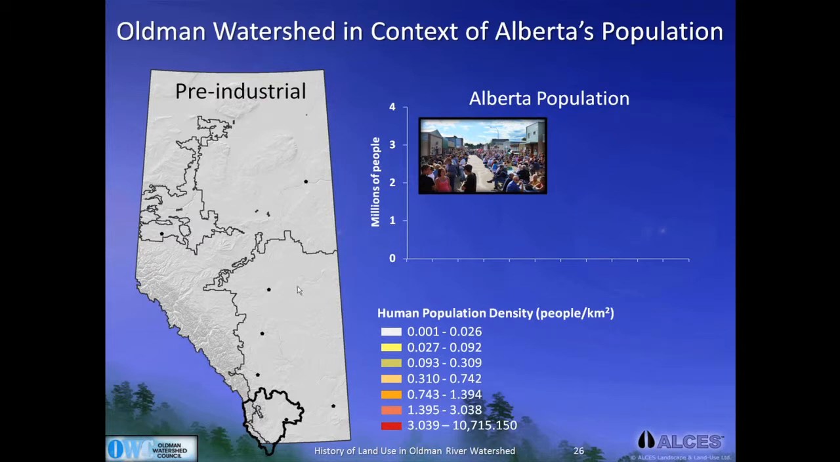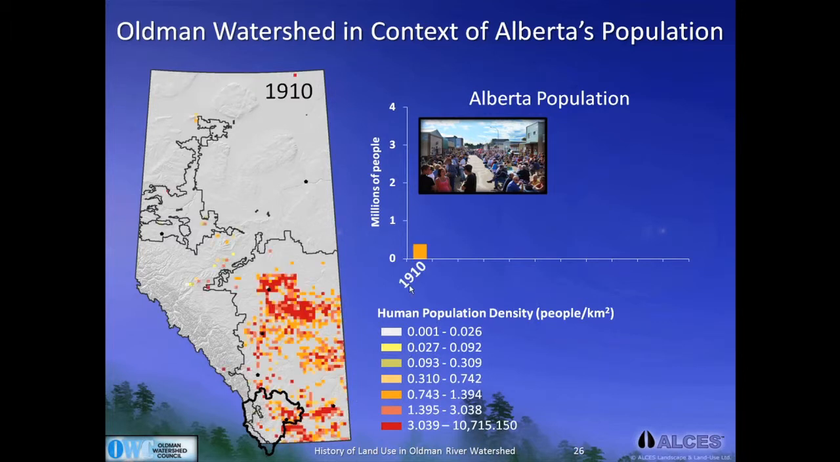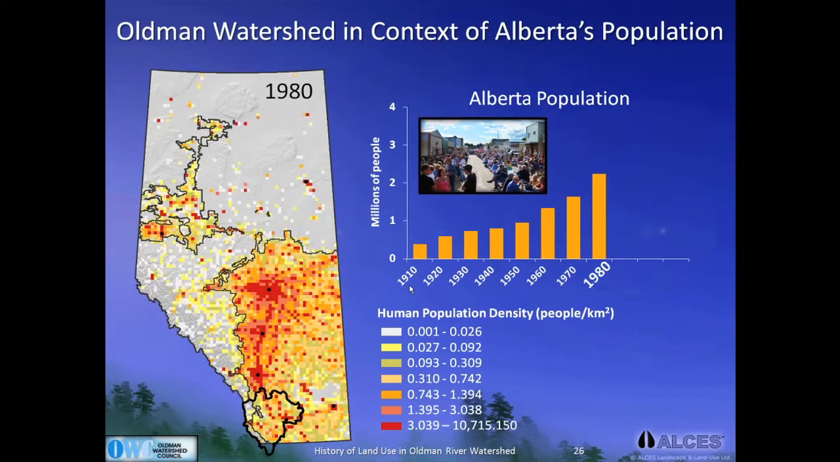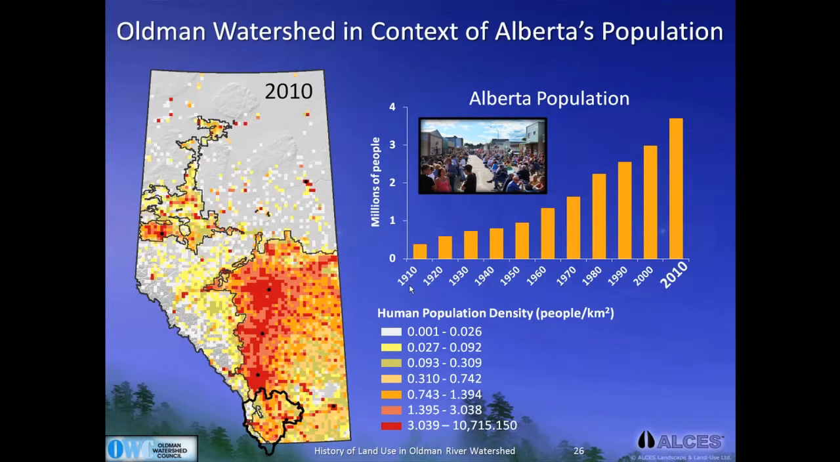And here we're looking at the reason we have land use, and that is we have a human population. And in black down here, we see the Oldman River Watershed. So as time marches on, human population increases. This is 1910, 20s, 30s, 40s. So we'll just march right through to essentially today, the exponential increase of the human population, about 3.7 million